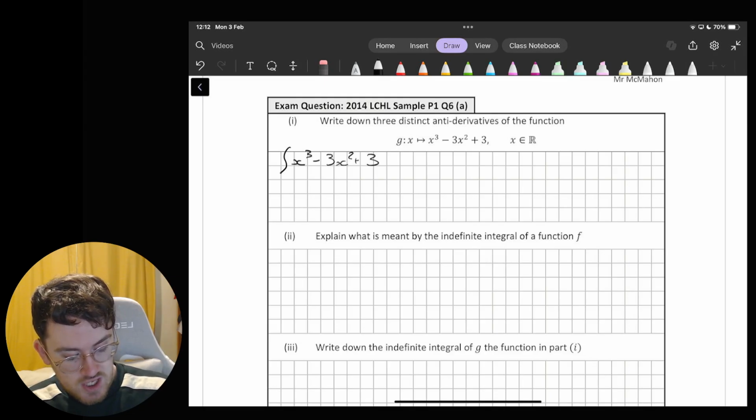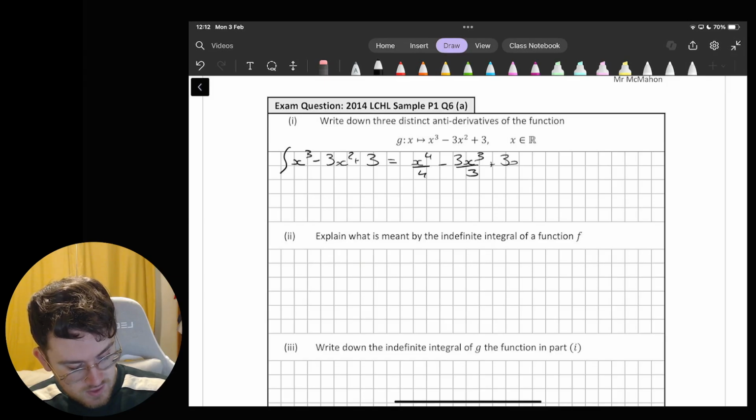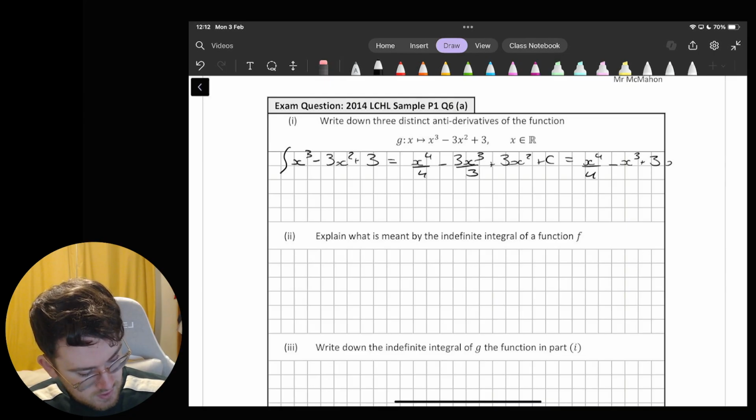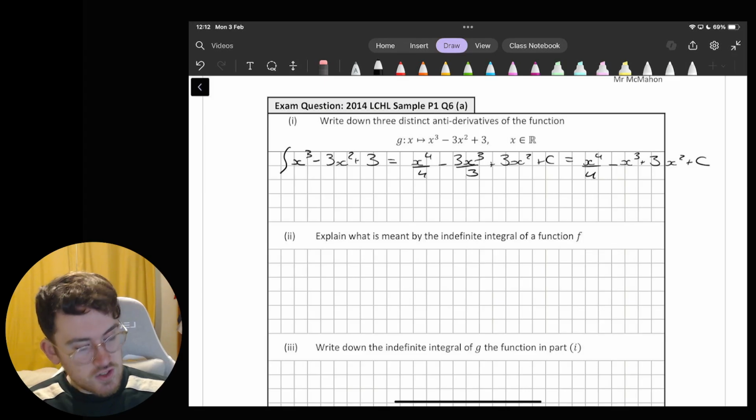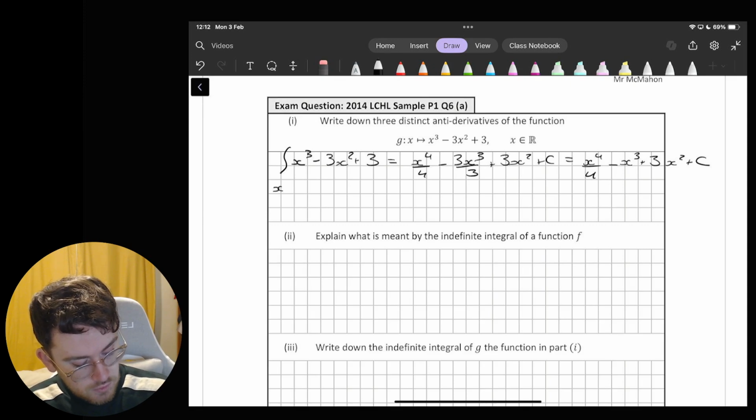So we're finding that general antiderivative. So x to the power of 4 over 4 minus 3x cubed over 3 plus 3x squared plus c. So that's x to the power of 4 over 4 minus x cubed plus 3x squared plus c. So possible antiderivatives that we could have here would be x to the power of 4 minus x cubed